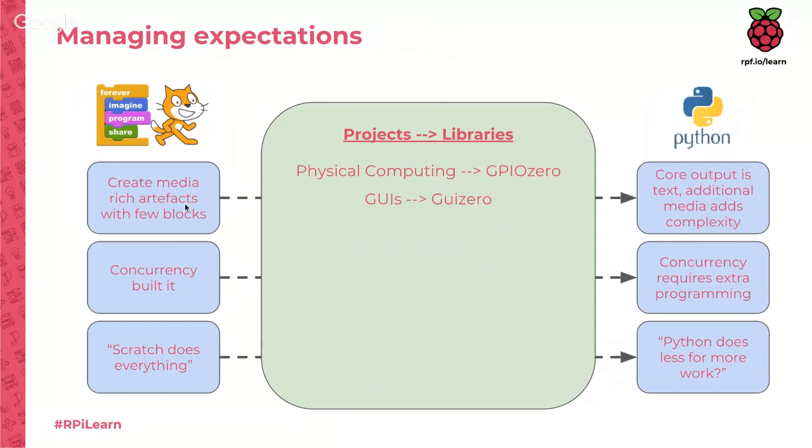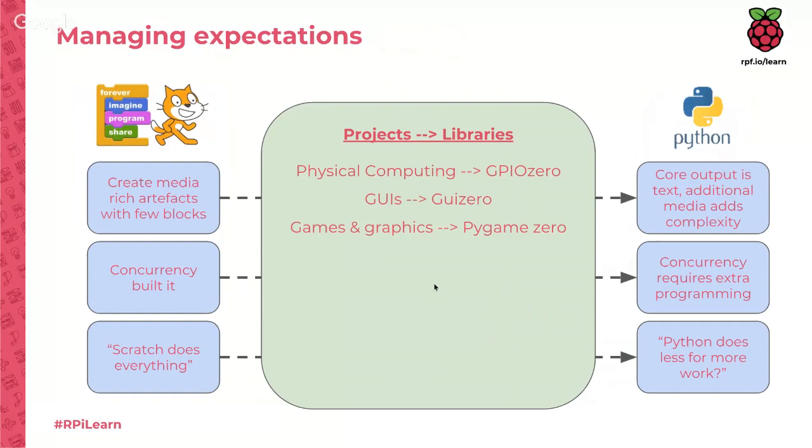We can create GUIs, and a colleague of mine, Laura, has spent a lot of time working on how we can make GUIs really simple. It's one of a plethora of libraries that have the suffix Zero. We have GPIO Zero and GUI Zero, and I'm not going to stop there. There's going to be a bit of a theme here. But GUI Zero is designed to take what can be quite a complicated task and make it as simple as you possibly can in a Python environment.